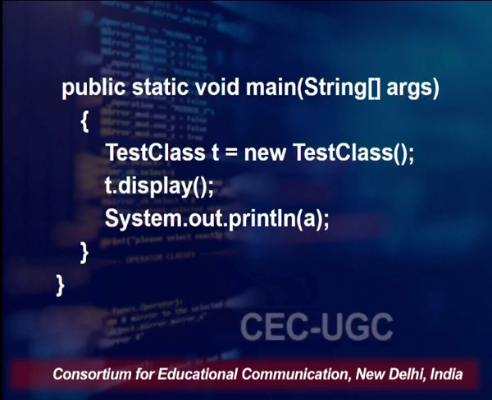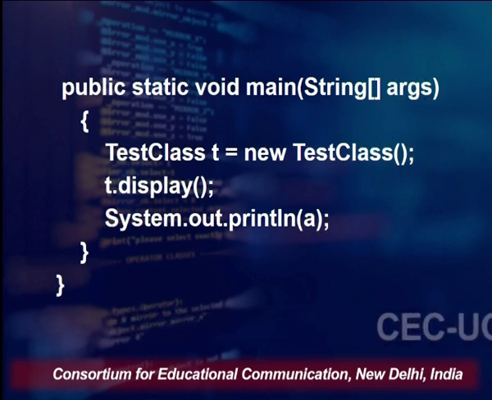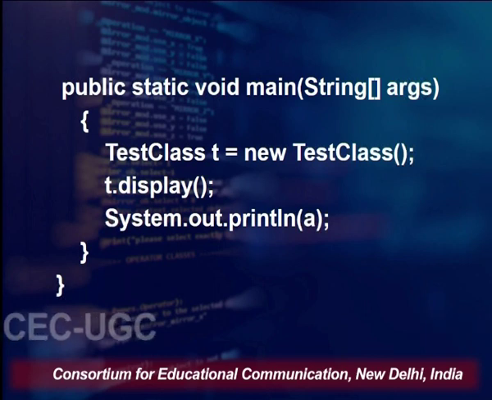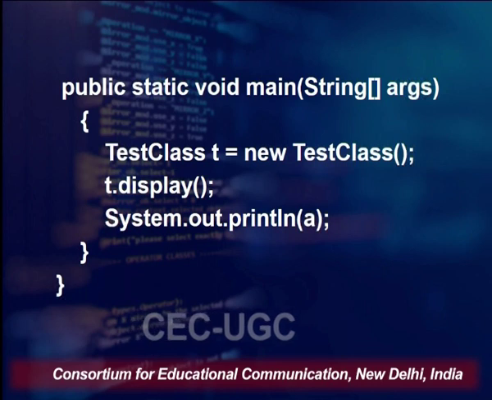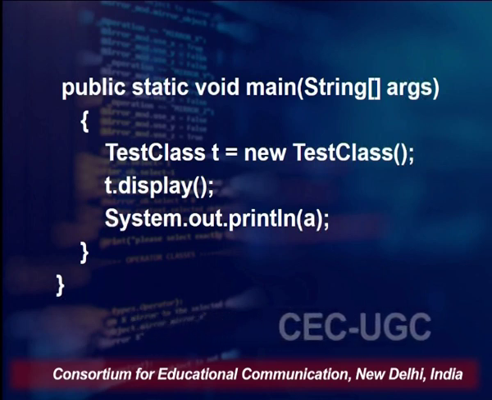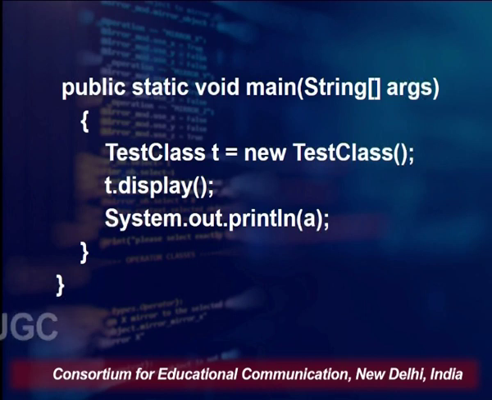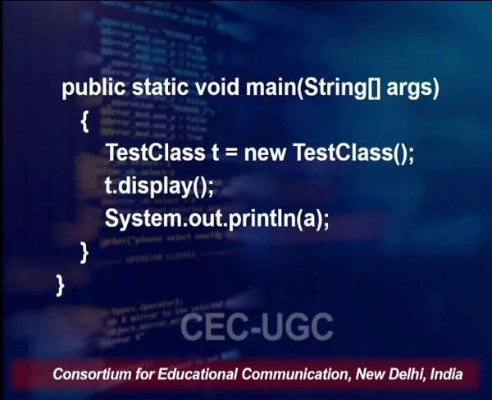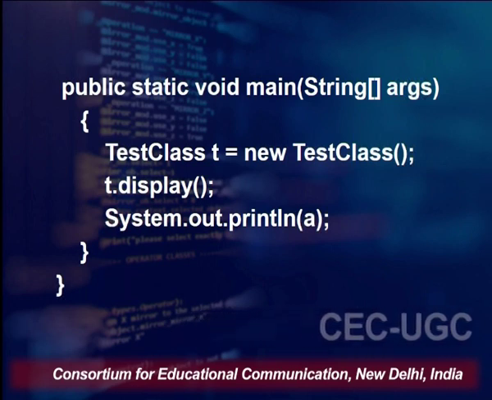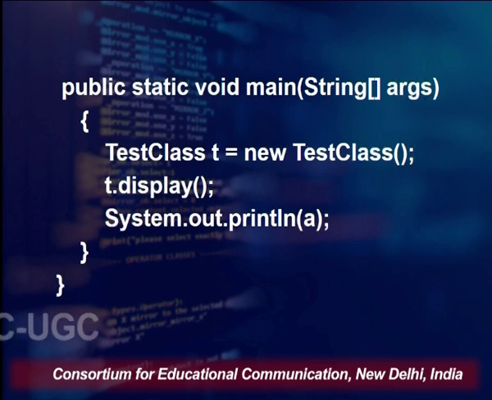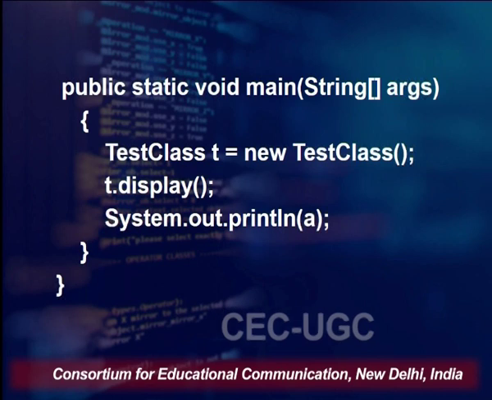So, test class, and the name of the instance variable is equal to new test class, and with this instance variable name we can call the display method, because now the display method is being implemented, although that display method has its signature and a blank body inside the interface. This display method has a concrete implementation inside the class test class. So, with the instance variable of class test, we can